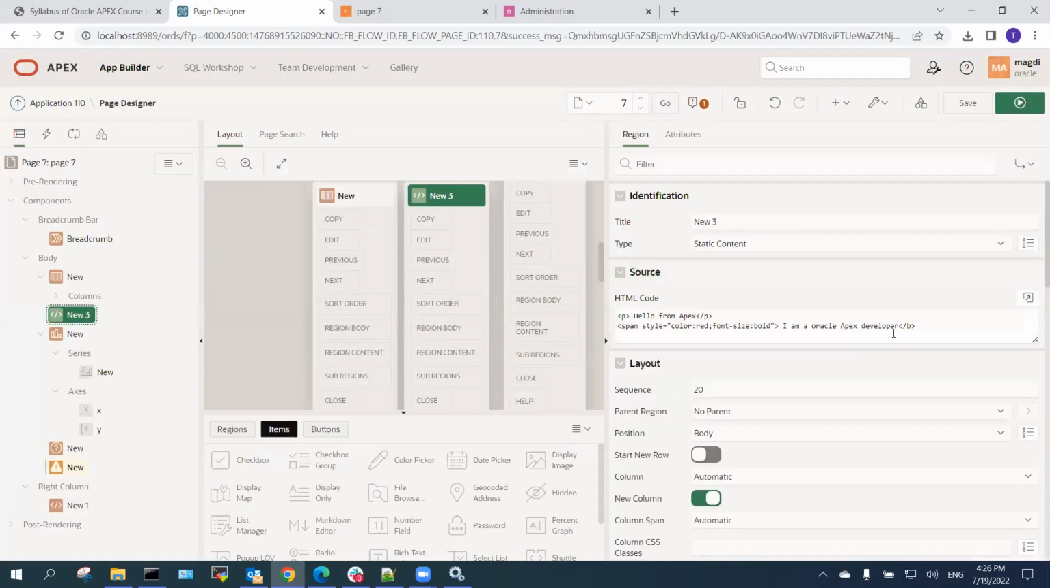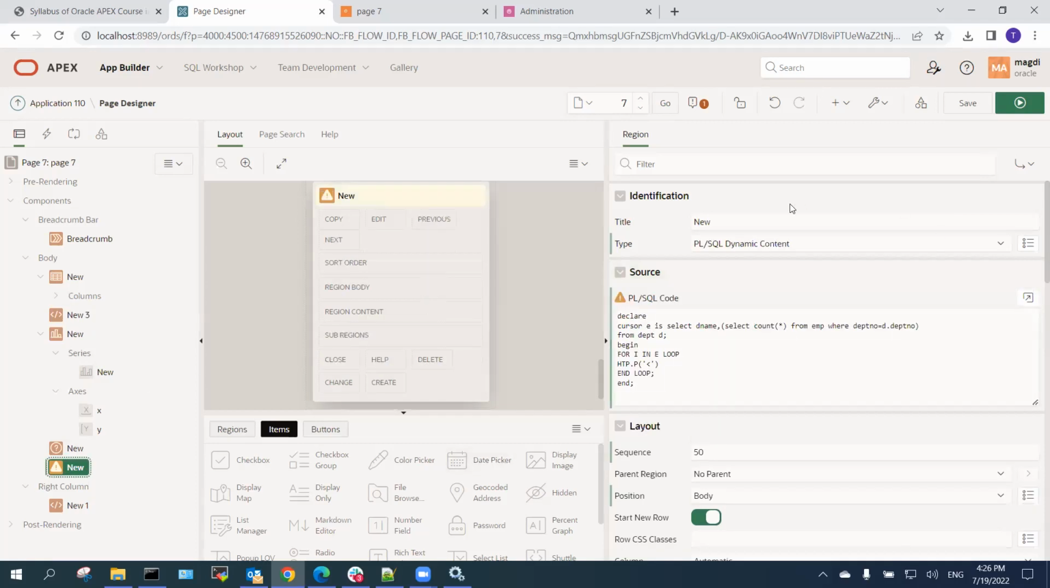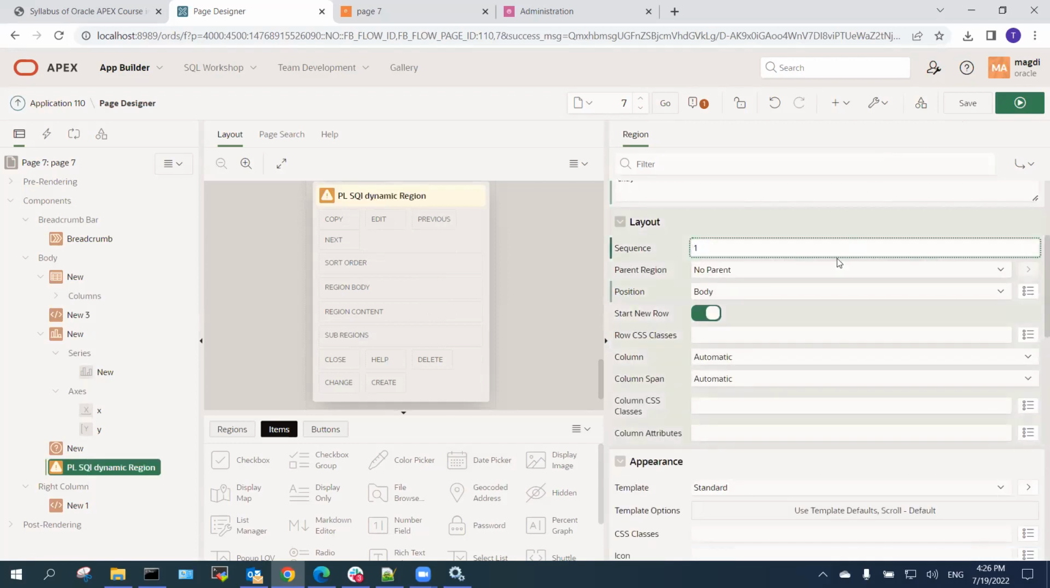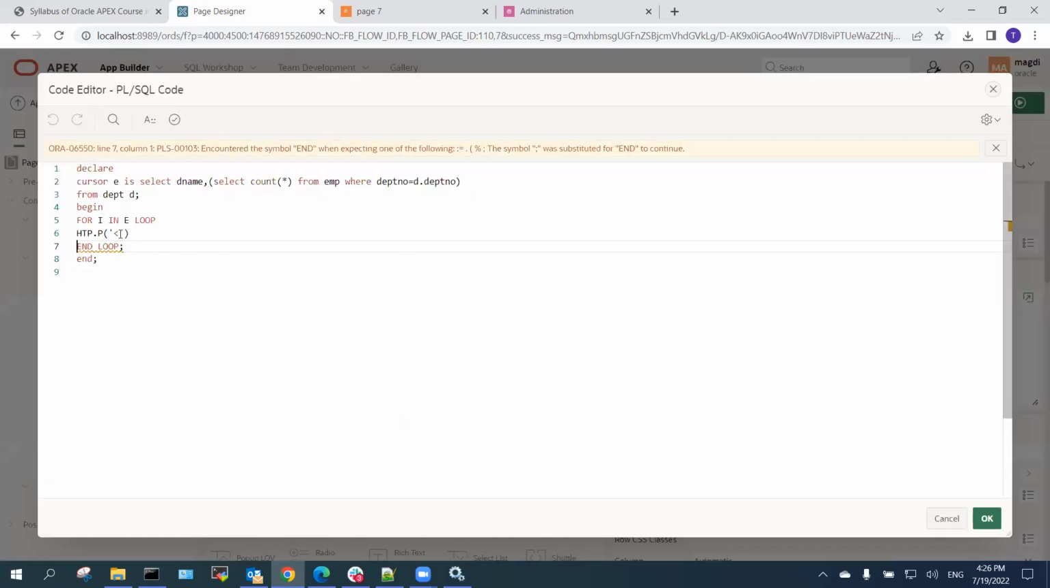Just let me grab this. You can take all of this into this one. I'll call it PL/SQL dynamic region. I can just move it to the top, back to here, and paste my code. So from here you can start to provide the